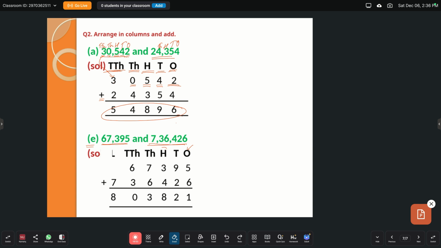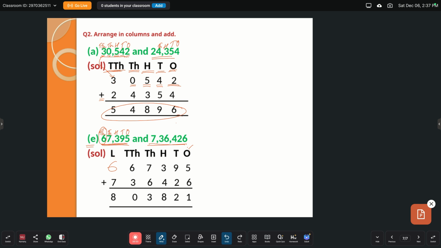Okay, beta? So, what we will do now is that we will look at the first addition. Okay, beta? See, this is ones, tens, hundreds, thousands, and this 6 is at 10,000s place. So, I'm not supposed to write down this 6 here. Okay, why not, beta? Because this 6 is at 10,000s place and this is lakhs place. You will not start writing it from the leftmost place. Okay, you have to check at what place this digit is.